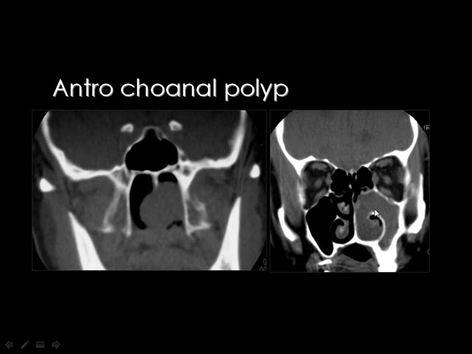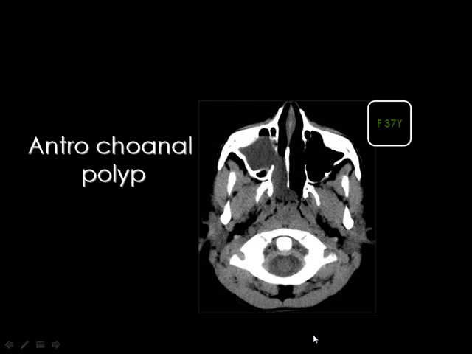Then you can see here an antrochoanal polyp involving the left maxillary sinus, protruding into the nasal fossa, merging with the nasal turbinate, and the remaining part of the lesion is seen in the posterior part of the nasal cavity. And here you can see an antrochoanal polyp protruding from the sinus through one of the maxillary ostia of the